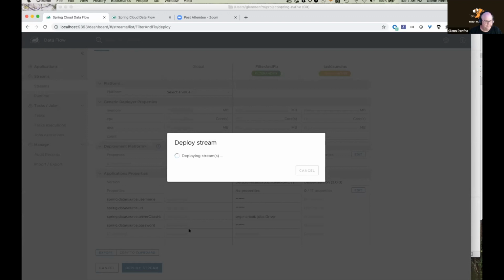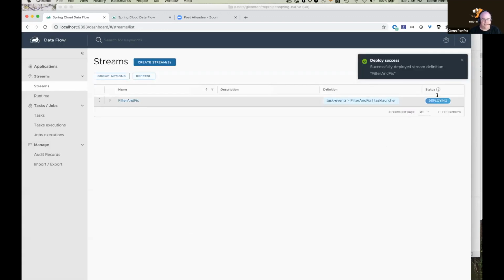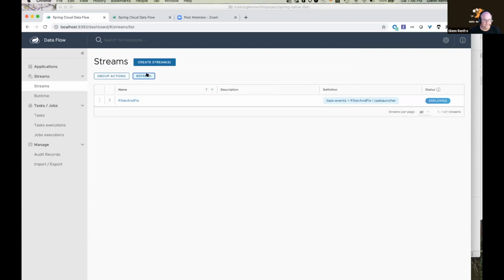So I'm going to deploy that stream. And as we deploy, we can see that it's showing the word deploying. And I can refresh every once in a while to see if it's fully deployed and launched. Now, from Dataflow, as I update and enhance my filter and fix processor, I can add versions to it. And as I register those versions, like I showed you here in the applications, I can have multiple versions. And then I can tell this stream which version I want to use. So I have the chance to upgrade or roll back and do so live. So that's part of the